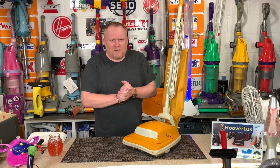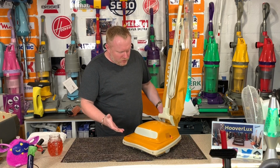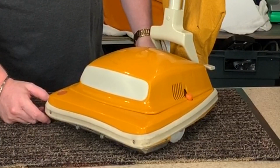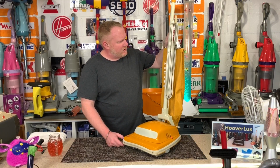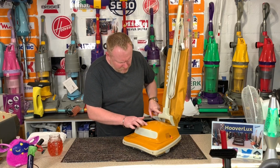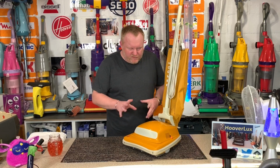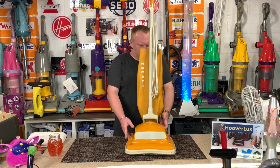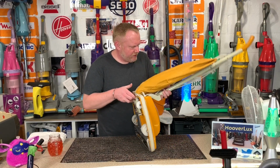And so we are back in the studio, and I can see it in its full glory, and wow, it is very, very impressive. It is in such good condition. A couple little marks on it, but I think that's just a wipe over. We'll give it a wipe over, and we'll give it a little bit of a polish. Got the height adjuster here, so if I turn it over,